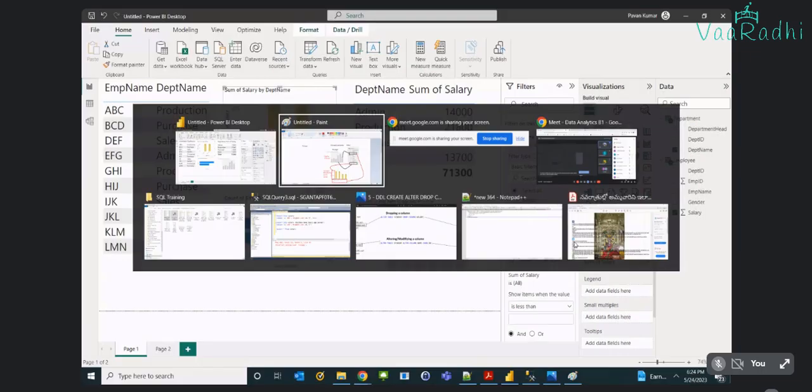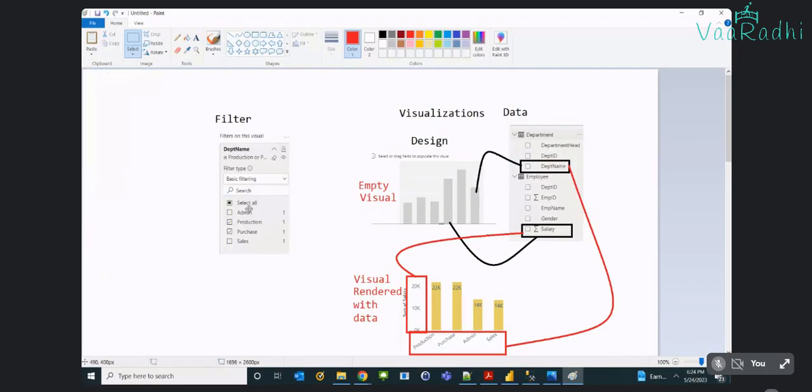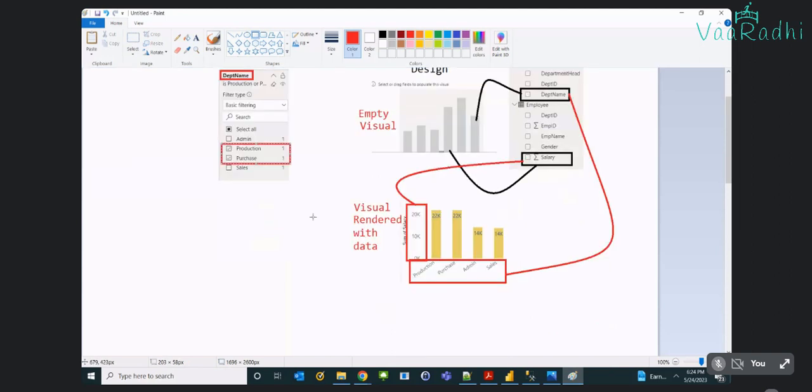I'll take this one here. This is the filter I'm applying. On which name? On which thing? On department name. What are the things I have selected? What is the filter I've applied? Production and purchase. So now after applying this filter